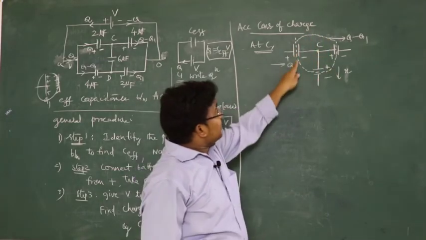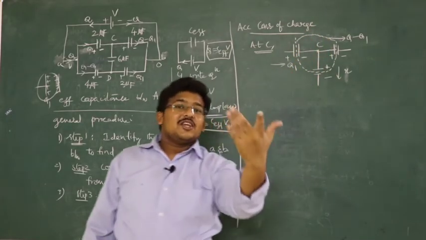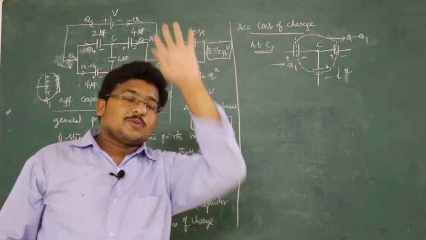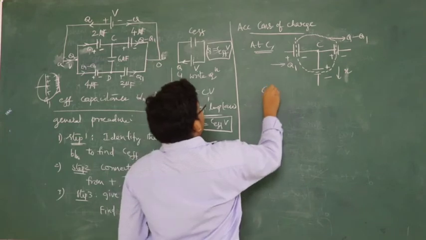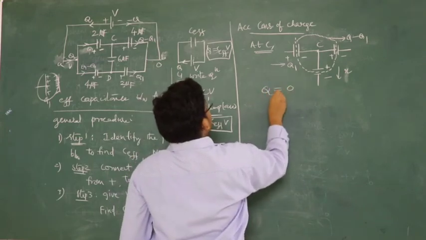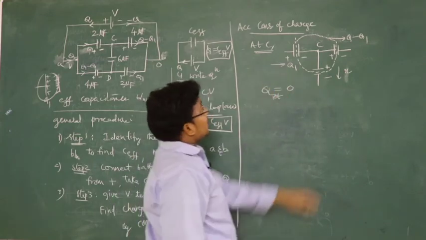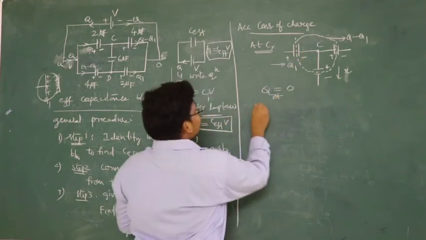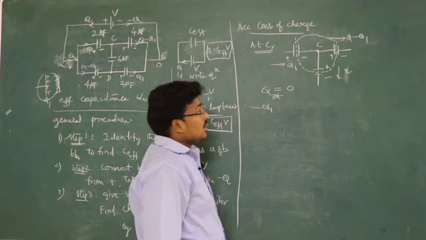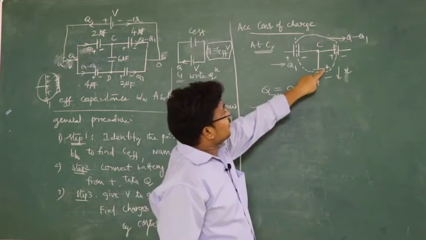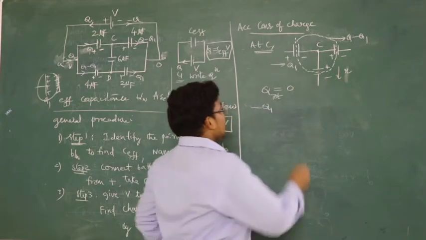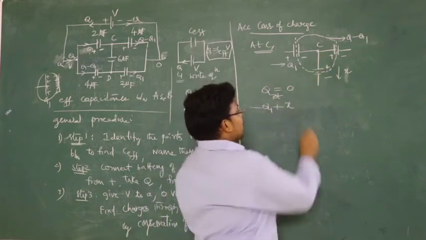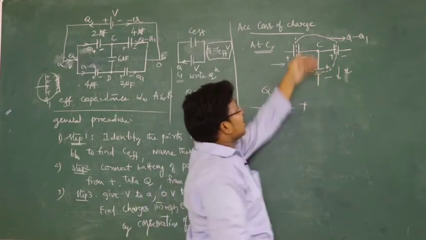So on all three plates, the initial charge is 0 when connections are not made. Now the final charge also must be 0, so the total charge must be 0. So what is the first plate? Array, it is minus, and the charge is Q1. So can I say minus Q1, and this is plus, and the charge I have assumed as X. So plus X, and this is the positive plate. What is the charge passing through the capacitor?